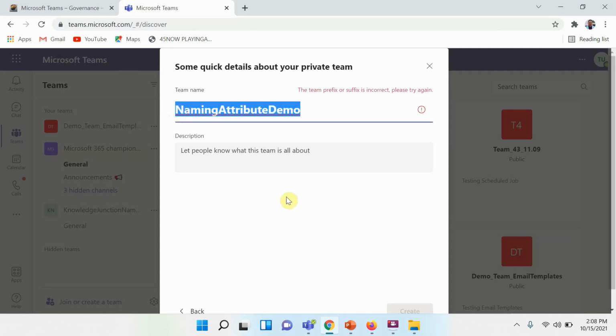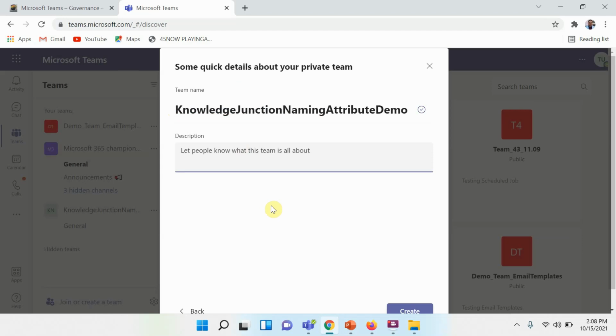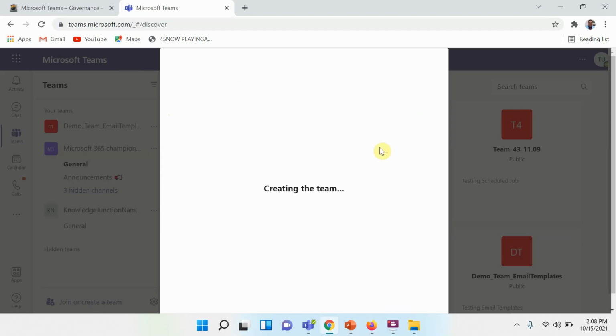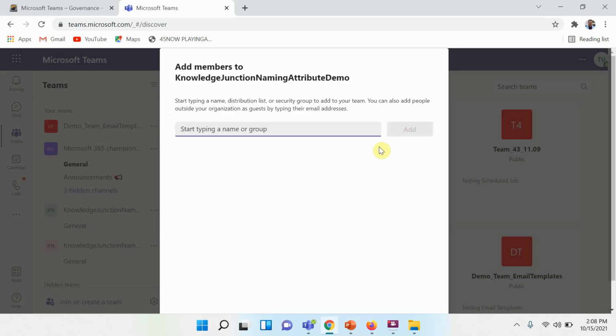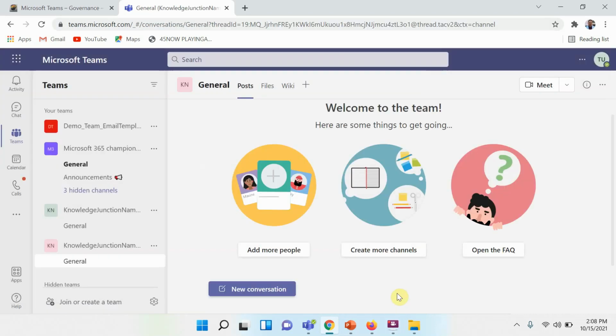Prefix or suffix is incorrect, so let's prefix it. It took it. Let's create it. Let's see what happens. Let's skip this. Knowledge Junction naming policies demo.